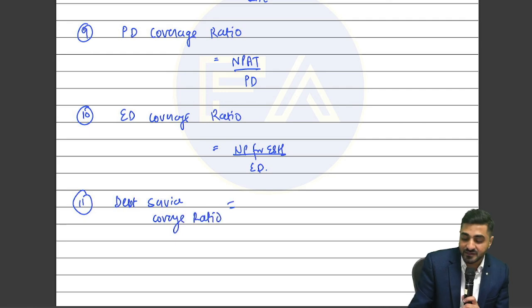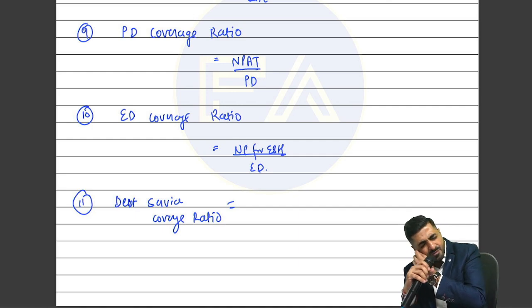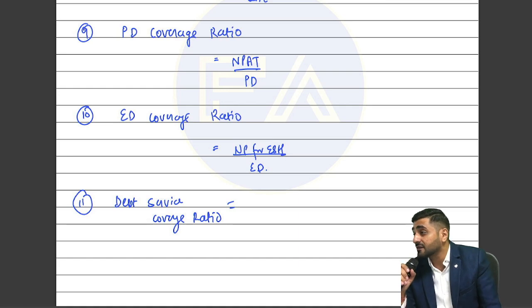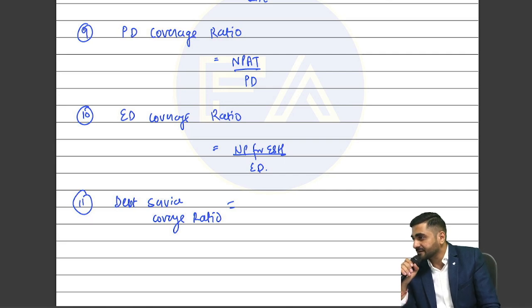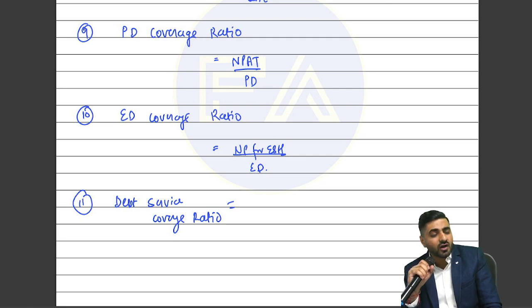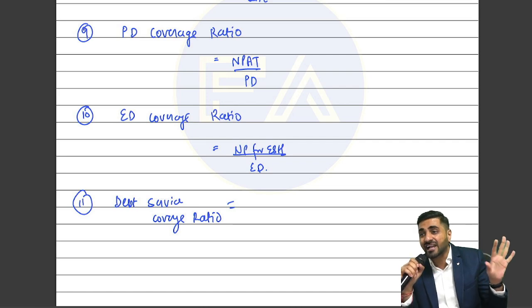Now see, what is debt service coverage? So this is as per the RTPM. Debt service. What is debt service? Servicing of debt means repayment of debt. Now see, for debt service coverage ratio, we are talking about how are we going to meet your principal plus interest with the amount of the cash profits which we have?